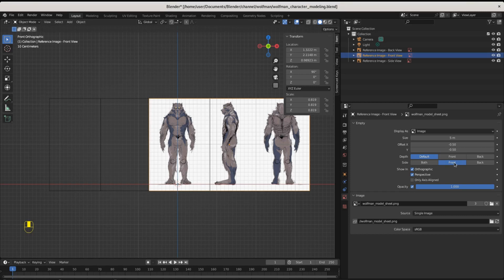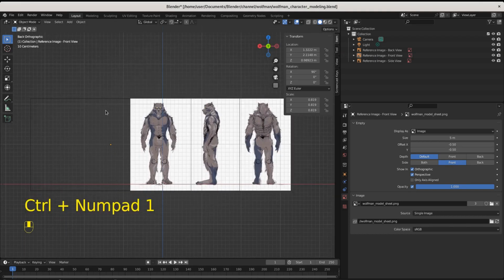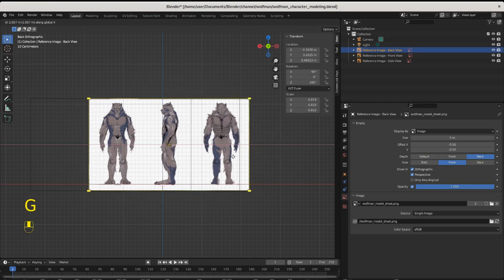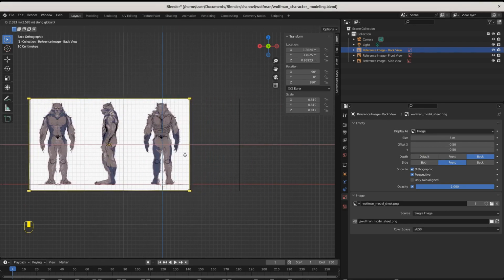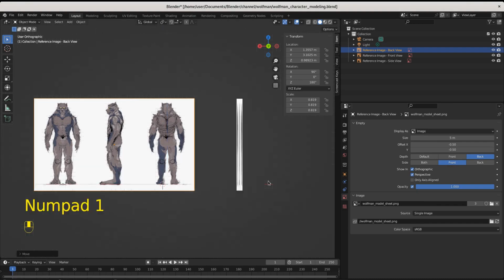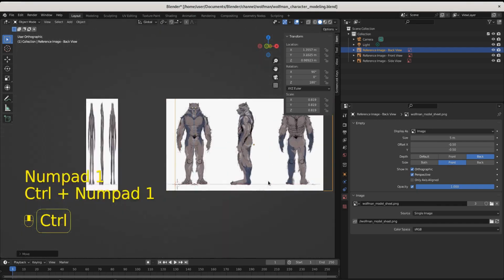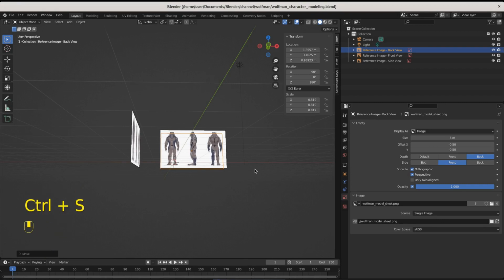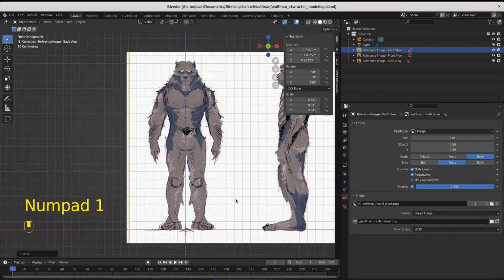Front view, we want to make sure we only see this in the front. So when we're in front view, we see the front, but when we go into back view, we don't see it because we don't see the back of it. In back view, we want to make sure we see it on the front side. I'm going to bring this over like that. Call it about there. And then same thing, front. So now when we go into front view with numpad 1, we see the front, and when we go into back view with Control 1, we see the back. Yeah, I'm okay with all that. Okay, everybody say the word. And we are ready to begin.